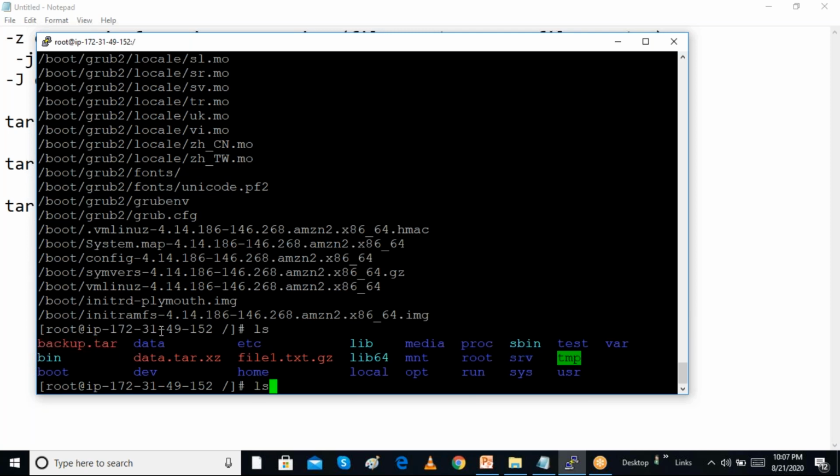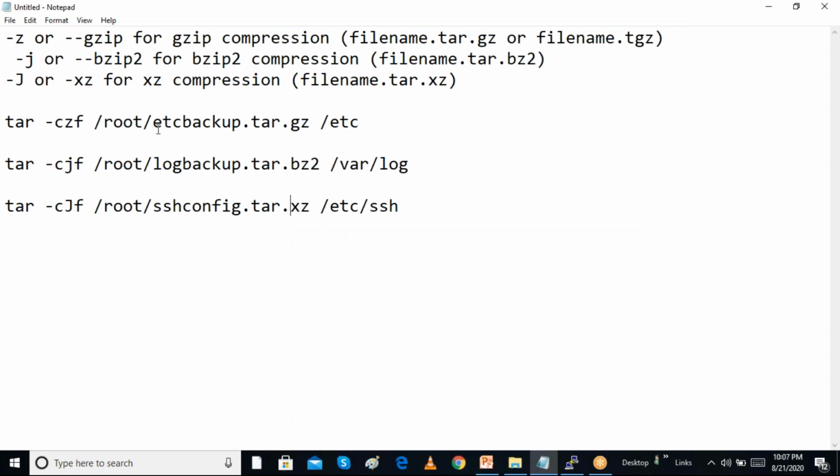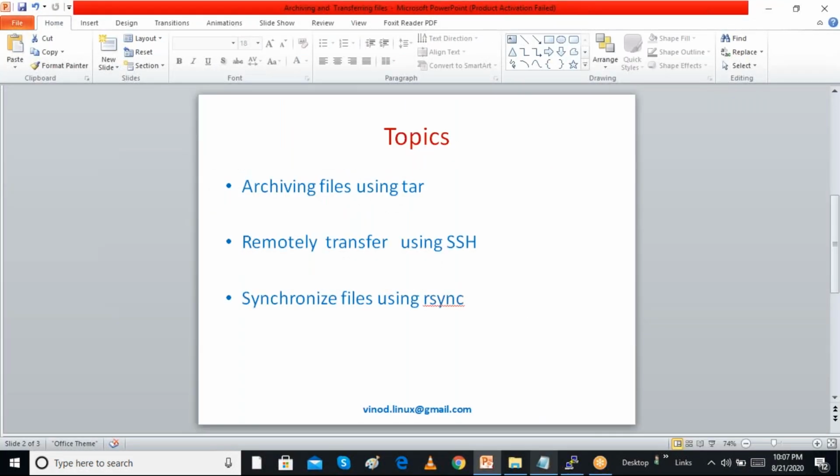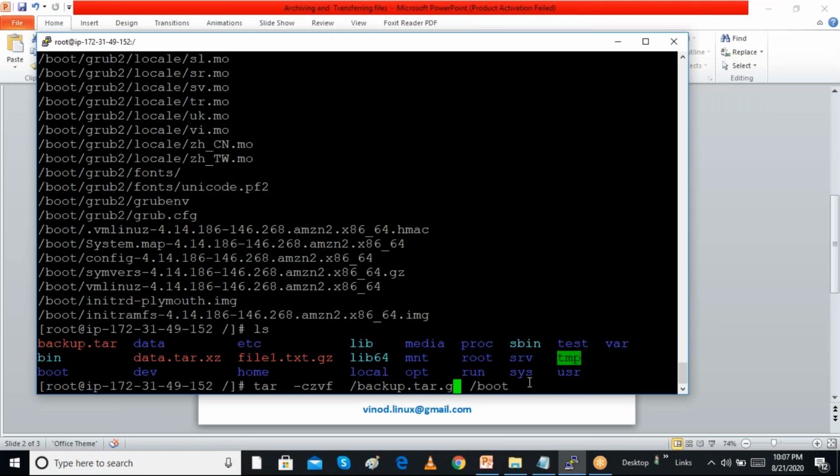So mainly the command we have to give is backup.tar.gz. This is the correct command I have to do: tar czvf. So we can see the syntax, and tar.gz. The previous command is wrong, I think. So this is the command. It will take a tar and compress at the same time by using this command.